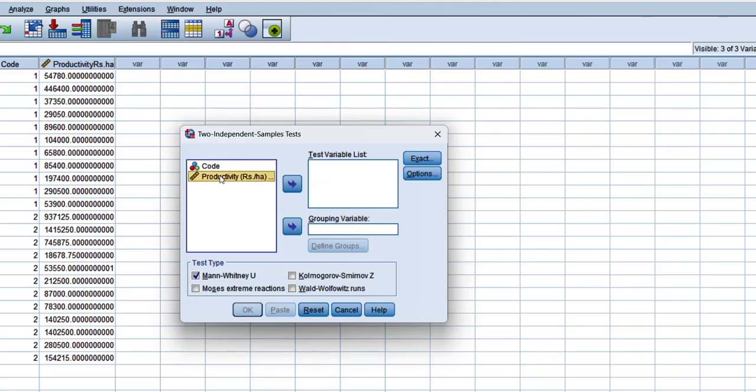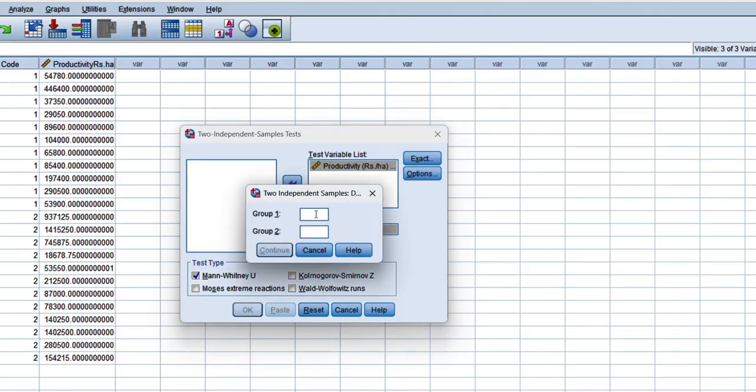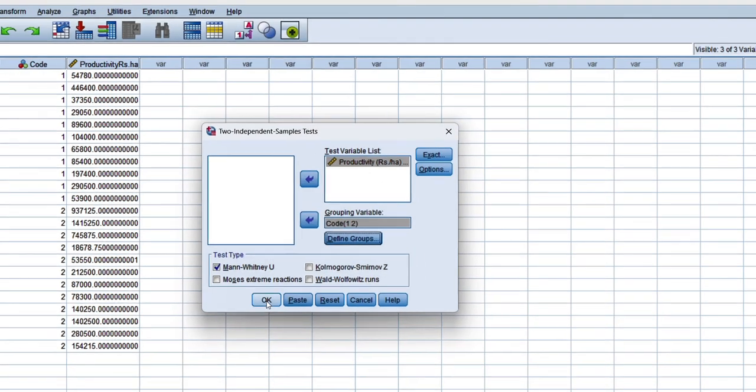Your test variable would be productivity in rupees per hectare and your grouping variable will be organic and inorganic farmer codes. Define the groups. I have defined one for organic and two for inorganic. Click on Continue and press OK.